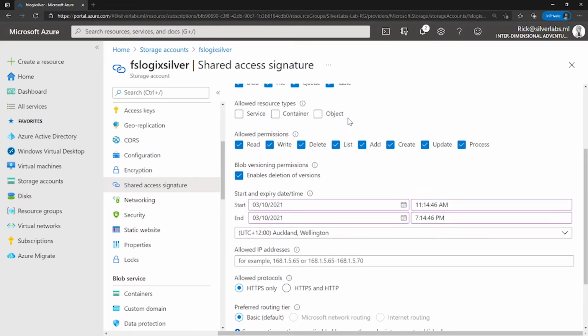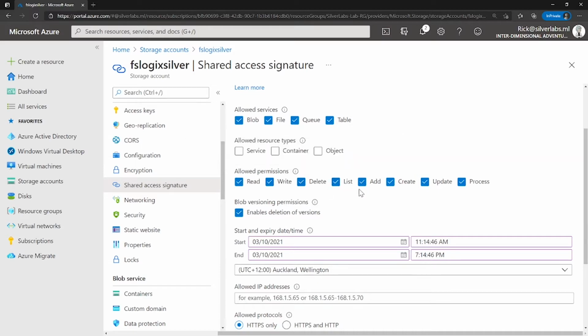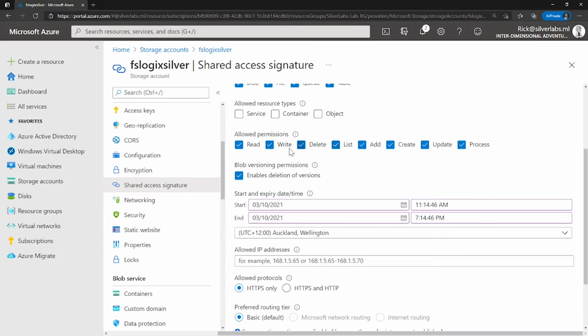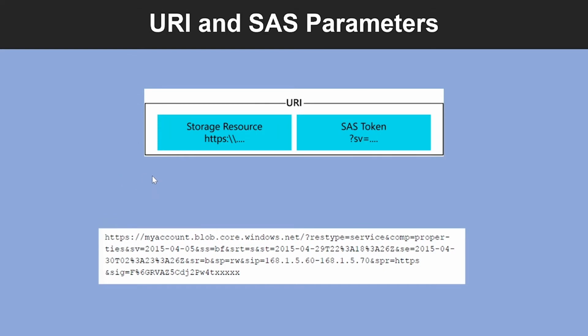A SAS key gives you granular control over the type of access you want to grant to clients who have the SAS. You can provide an account level SAS that can delegate access to multiple storage services, and an interval over which the SAS is valid, including the start time and the expiry time. The permissions granted by SAS, for a blob, might grant read and write permission to the blob, but not delete permissions. And as you create your SAS, a URI is created using the parameters and tokens. The URI consists of the storage resource URI and the SAS token.